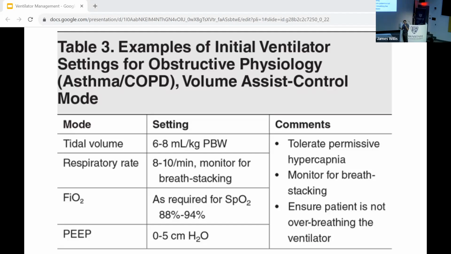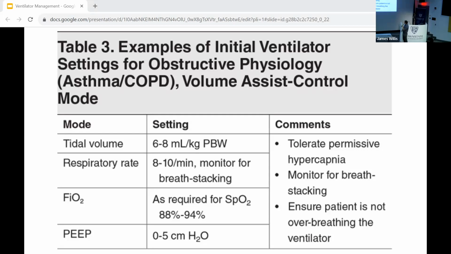Let the patient exhale. If you do 8 to 10 breaths per minute, let's say you do 10, that's every 6 seconds. If the patient's really passive because you just gave them rocuronium to intubate them, I have my bias. Every 6 seconds, the ventilator will trigger the breath. If you allow them to inspire for a second, that means that for 5 seconds, they'll be expiring. That's a 1 to 5 or 1 to 4 I to E ratio, which is probably good to let them expire. Watch your SAT, pick your SAT target, which may just be 94 or 93 or 92%, your PEEP of 5,